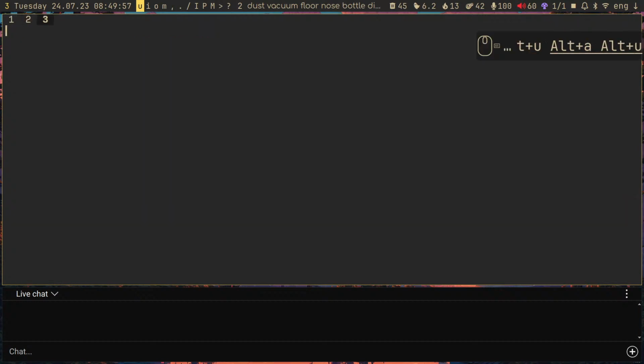Let's create some more tabs, and you can see how even though this is a chord, it's very easy to repeat multiple times, because it's Alt-A, Alt-U. I don't have to unpress Alt, so I can just spam them. So I can press Alt-Shift-W to move a pane, right? I can do a very similar thing on Alt-Shift-E to move a tab,